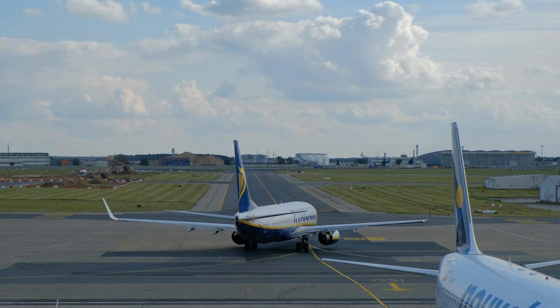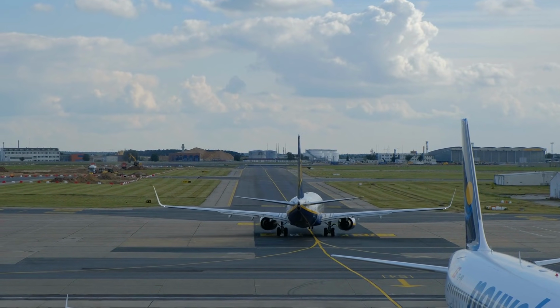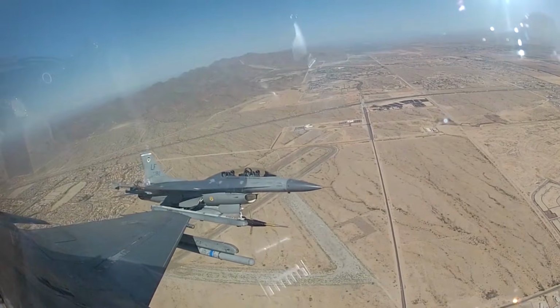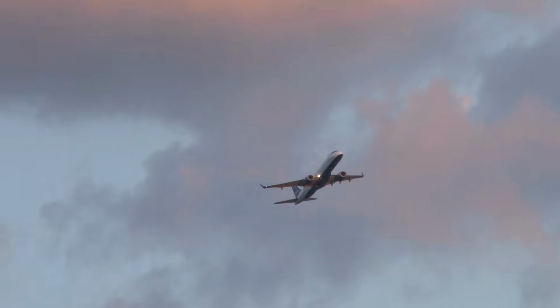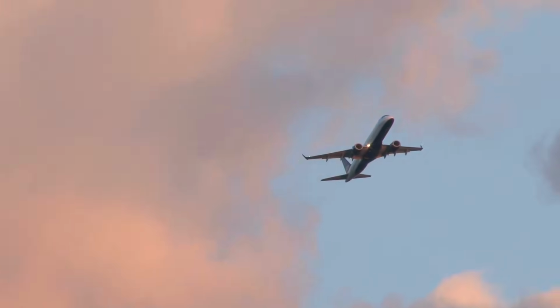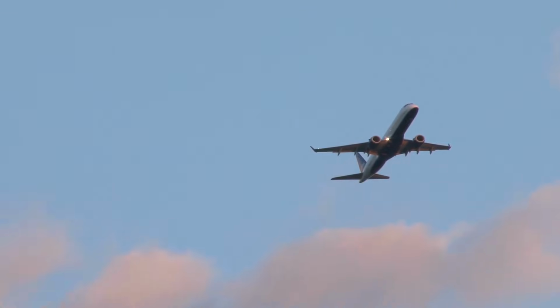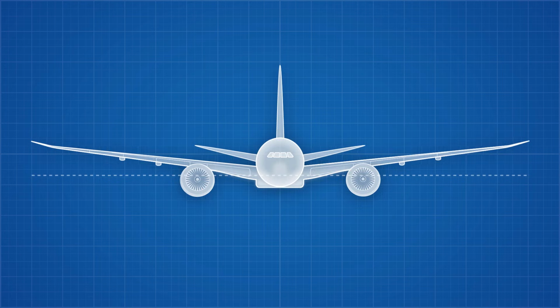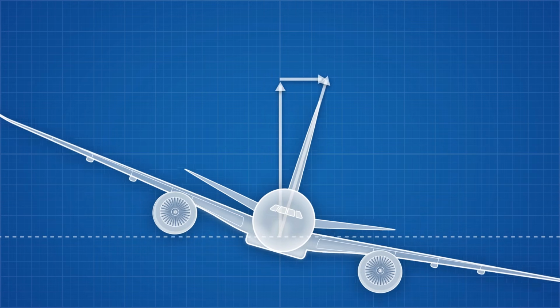So why do they do it? By tilting the wings upwards, we gain roll stability, which we explored briefly in my Why Jet Fighters Can Be Too Unstable video. This means that when the plane rolls, it will naturally correct itself and return to straight and level flight with no input from the pilot. An important safety feature. This works as a result of a plane's tendency to sideslip when it rolls, meaning the